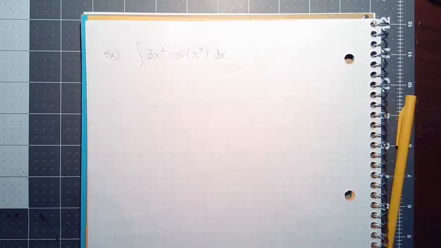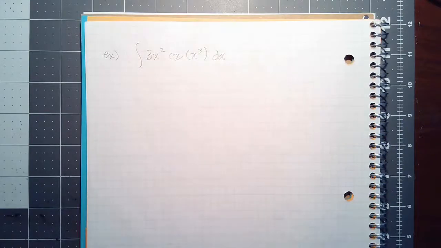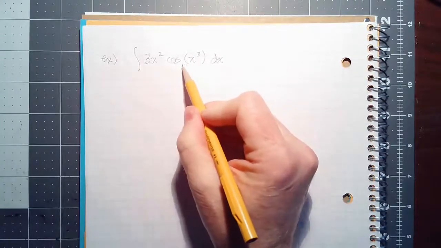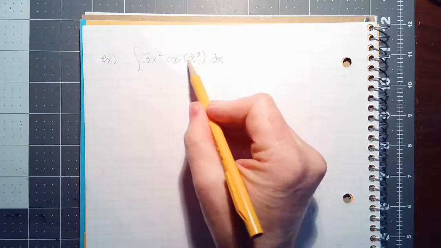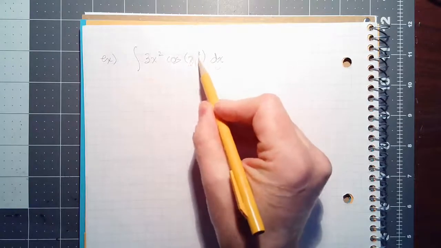Hey there, so here we go with another example of using U substitution, or just using a change of variables as it's sometimes called. So we want to figure out the antiderivative of this, and again, if we think that U substitution might be an option, then we want to look for a function that is occupying the input of another function, and I see that this x cubed is occupying the input of